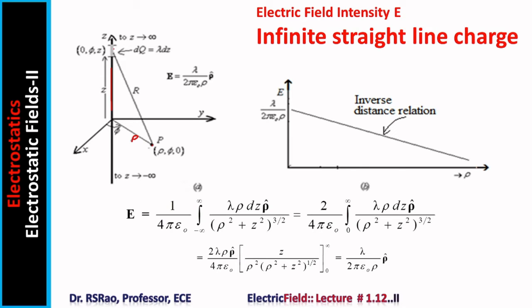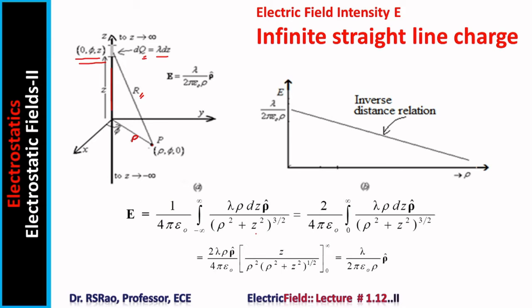We consider source point at a distance of z. The coordinates are 0, phi, z. This is differential charge. dq is now lambda dl, which becomes lambda dz. And substituting all these things, now r is the distance from source point to field point. Already we have shown the expression. So substituting all those